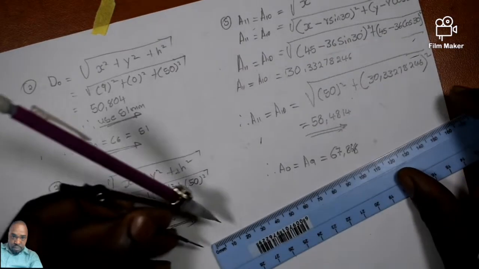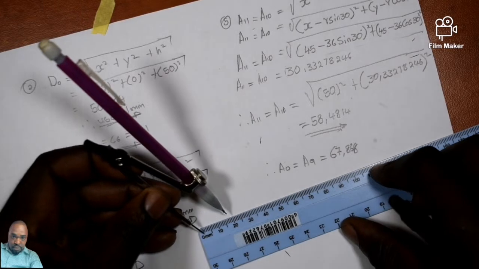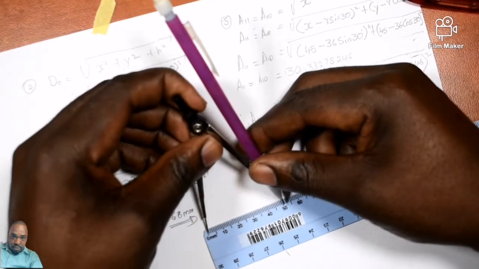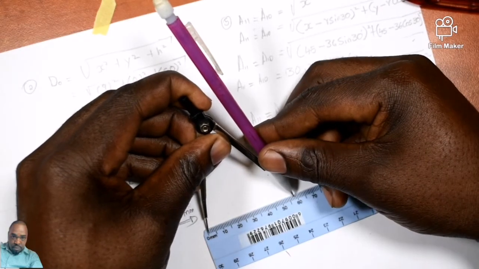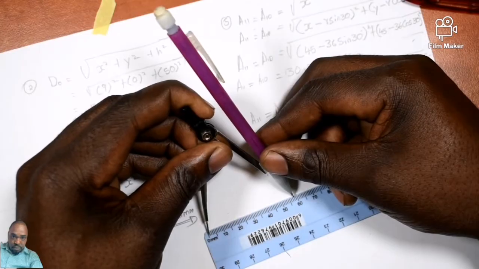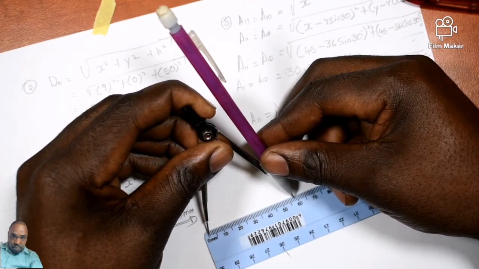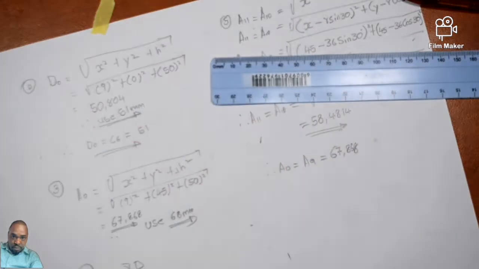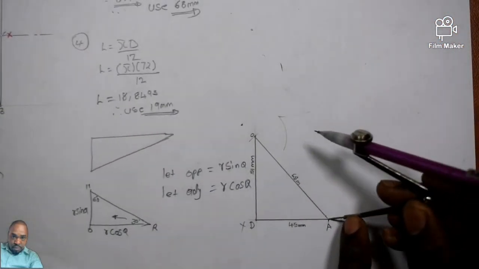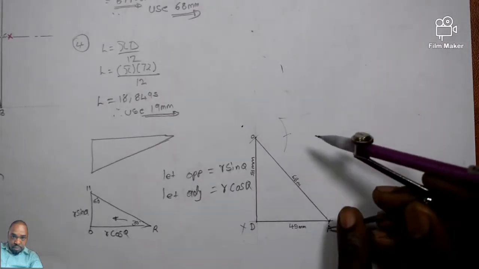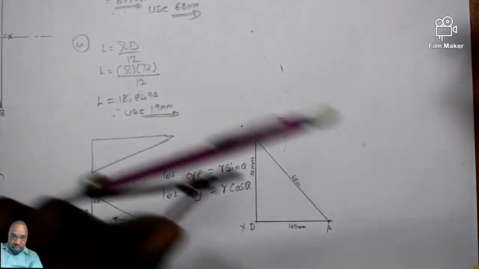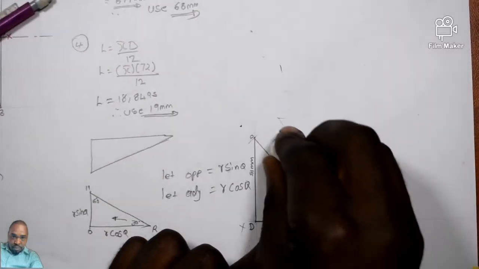58. So take your drawing compass, open it to 58. This is 59. 58 is this one. So I come to my development and place it at A and bisect this arc of mine. Bisect this arc of mine. So where they are bisecting each other,